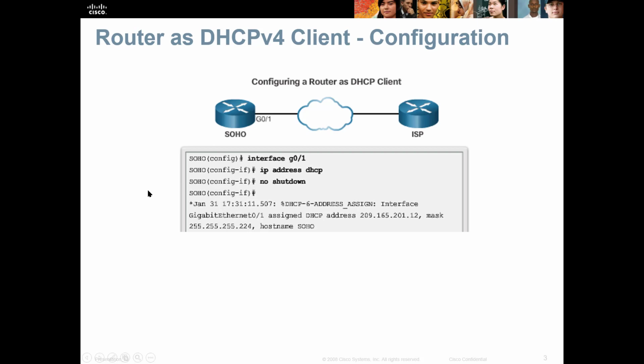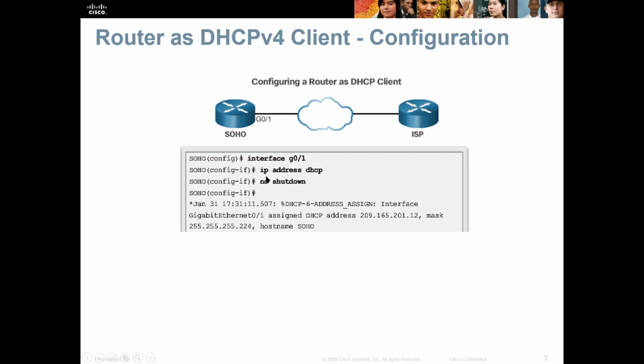So when that happens, automatically the router does this. You've seen this. You've seen it interrupt your command line interface work before, where it tells you here's a change of state coming. All right, I'm going to assign this interface, gigabit 0/0, this address. This is the response coming from the ISP. So now